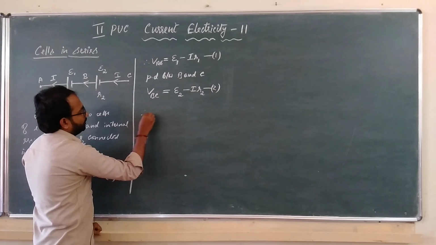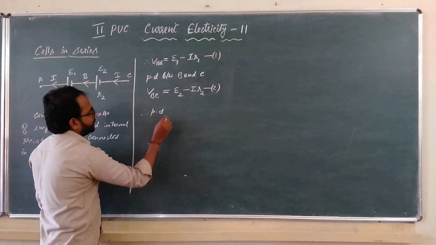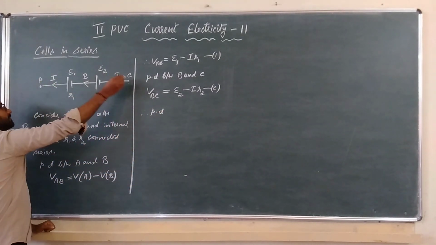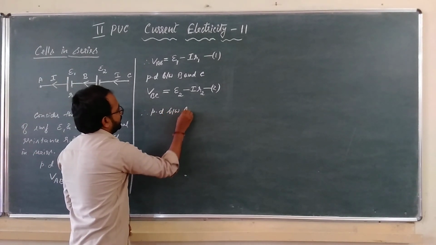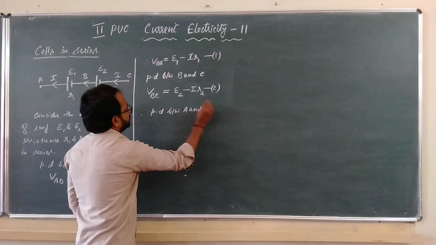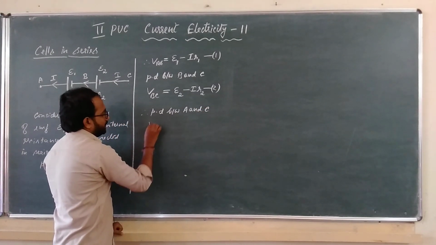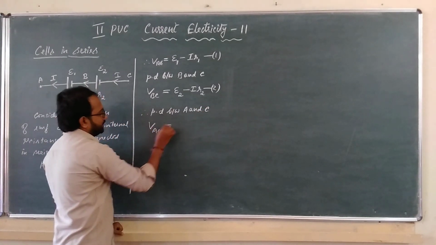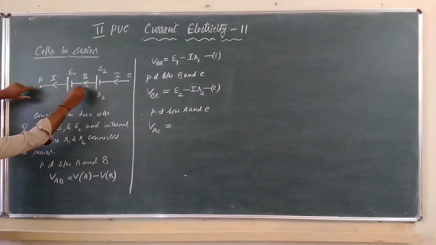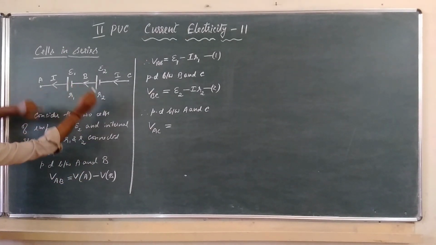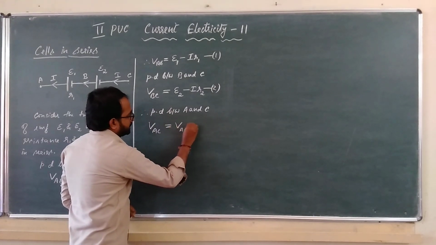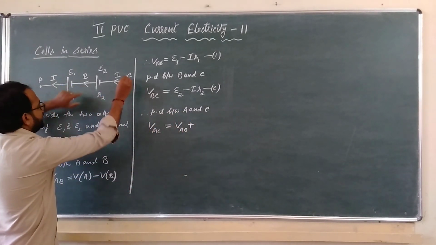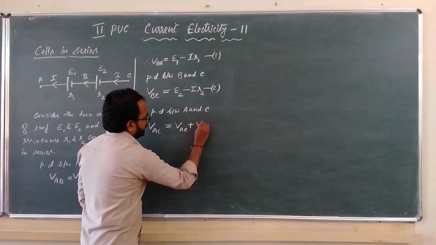Therefore, net potential difference across AC between A and C is VAC. That is equal to the potential difference between A and B, VAB, plus the potential difference between B and C, right? That is VBC,